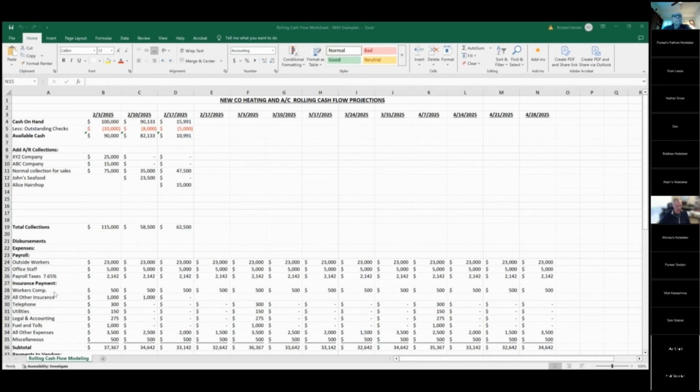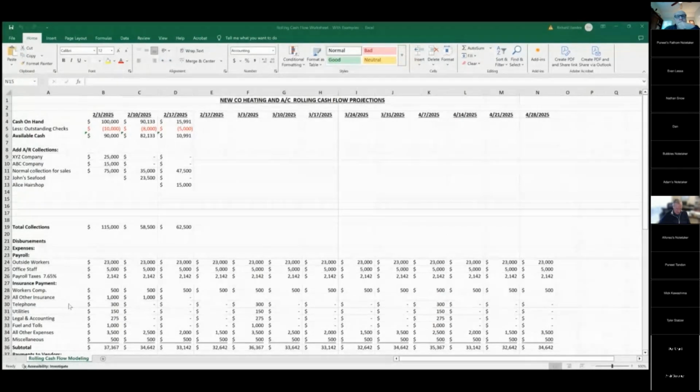And then I just put in here all other expenses, the ones that require a monthly payment in cash. As you can see, you're paying some of these every week, but some, like your telephone, your utilities, your accountant, and maybe your credit cards for fuel and tolls, you're paying monthly. So one week you're going to have 37,000, but the next week you may only have 33 or 32 because you don't have all those payments in there. I wish this thing would roll, but I can't get it to roll.